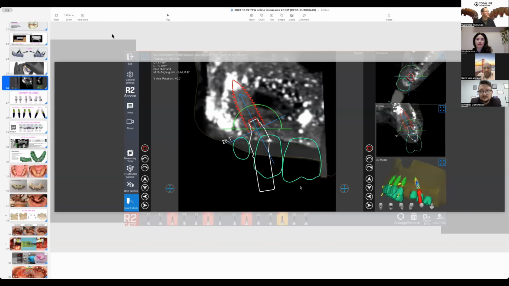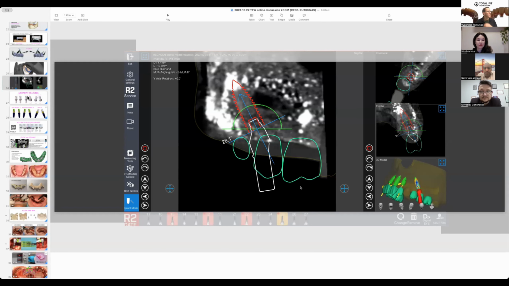Okay, maybe it's not the best slide. It's a demonstration model, not real patients. But as you see with all the planning software, we can easily evaluate the bone quality and quantity that we have on the CBCT image. Again, this is not a real bone, but you can appreciate with all the color codings the type of bone that you have. If you wanted to show a slide, we don't see a slide. Yeah, I'm not showing. Sorry. Okay, now you can see.